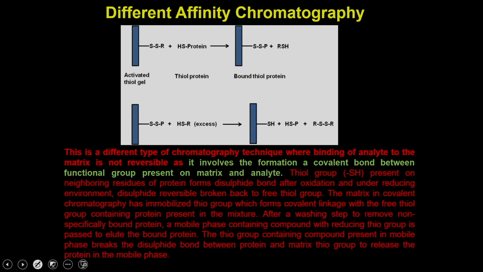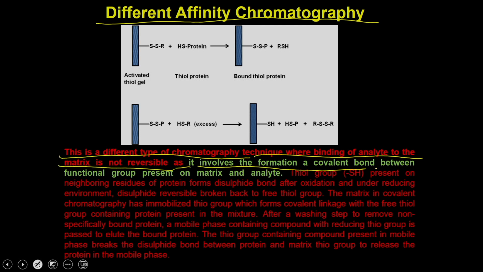Now, we have a very different type of affinity chromatography, where the binding of the analyte to the matrix is not reversible, as it involves the formation of a covalent bond between the functional group present on the matrix and the analyte. What we discussed in conventional affinity chromatography is that you have a matrix, you have the receptor which is coupled, and then you have a ligand which is coupled with your protein. So, when you pass it through, what will happen is